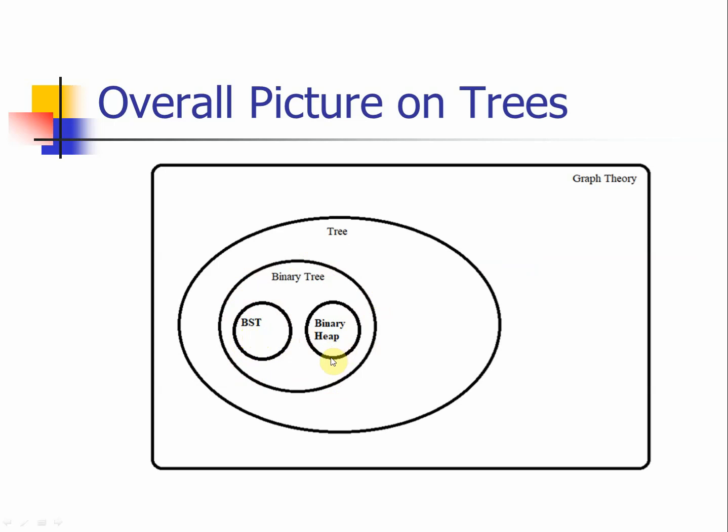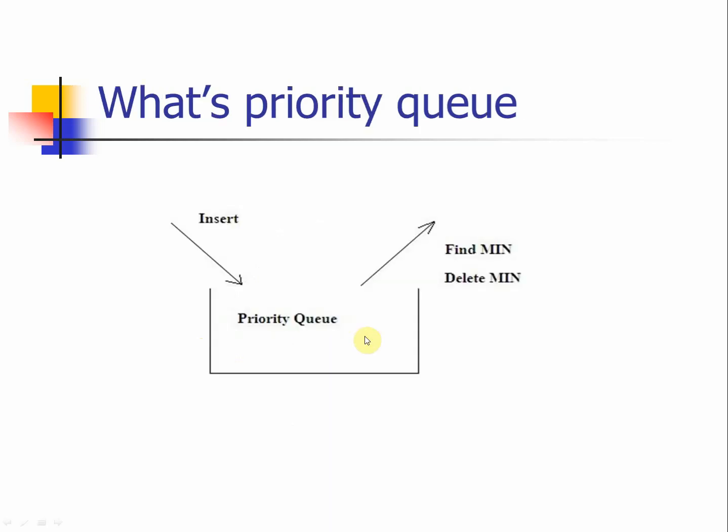Therefore, if we take a look at this picture carefully, you will see that the binary heap is a subset of the binary tree. However, it is not a binary search tree. So this is very important, and you need to understand the difference between the binary heap and the binary search tree. So after seeing the big picture, let's take a look at why we want to study the